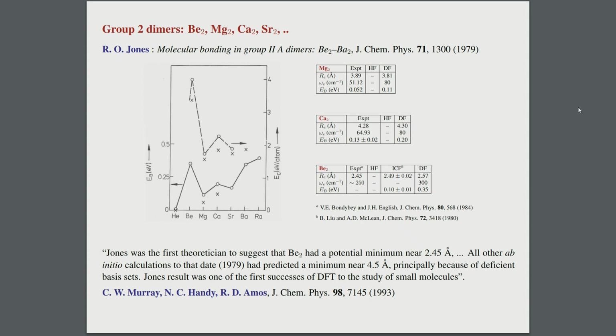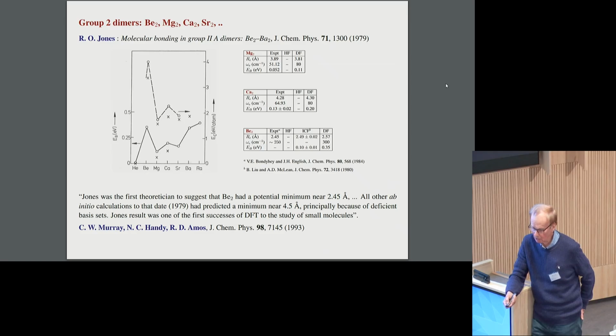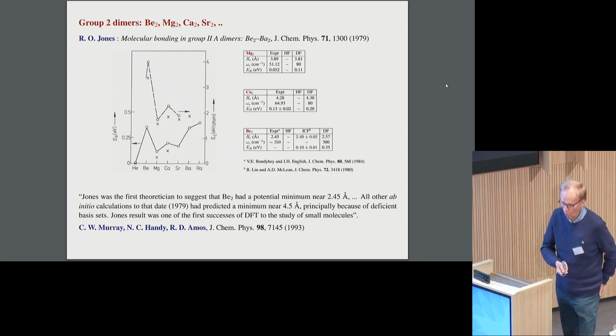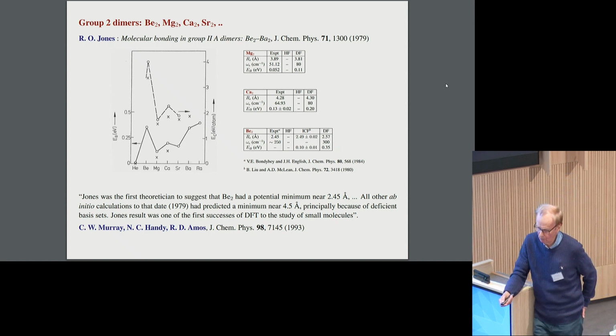I was really shocked to find that beryllium-2 came out much more strongly bound. Once again, it is certainly overbound because of the local density approximation, but it certainly exists and, from these calculations, is more strongly bound than magnesium-2. Now, I got an awful lot of ridicule from these results.